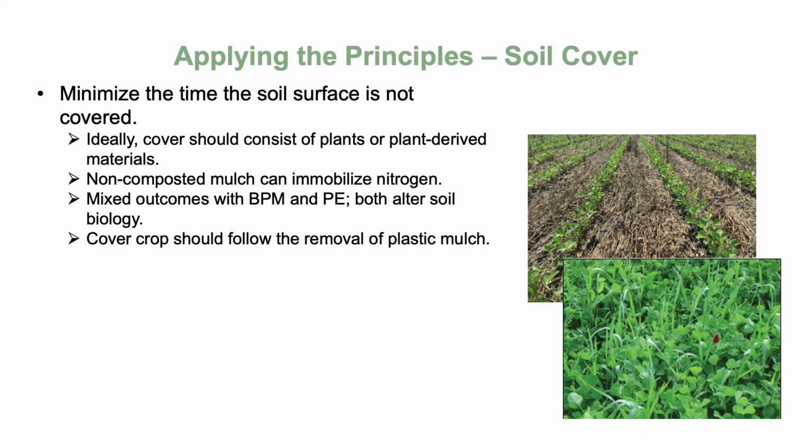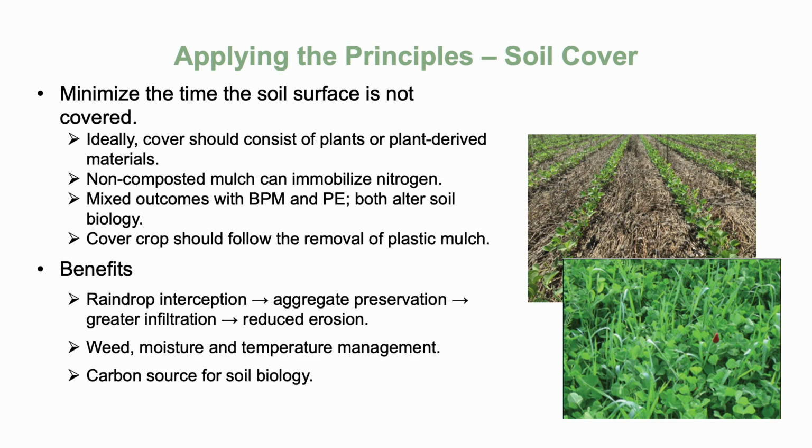And the best way to do that is to grow a plant. And then these benefits that we get from keeping the soil covered: we intercept raindrops. We retain aggregates because raindrops are bad on tearing up soil aggregates. We get greater infiltration, less erosion. Weed, moisture, and temperature management. We know about those things that we get from cover crop residue, and then the carbon